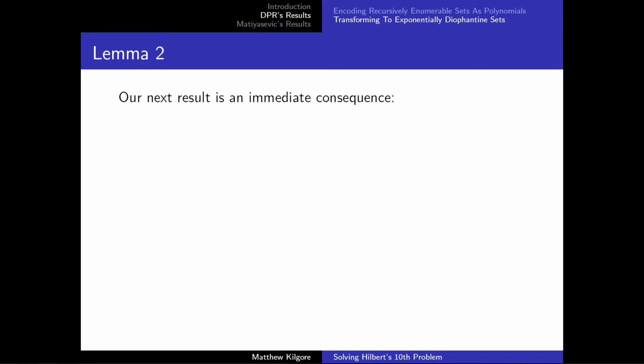Now, if lemma 1 seemed to be a bit unrelated to Davis normal form being eventually directed, that's because lemma 1 really serves no purpose other than to prove lemma 2. In fact, lemma 2 is such an immediate consequence that I, to this day, do not understand why it's not called corollary 1.